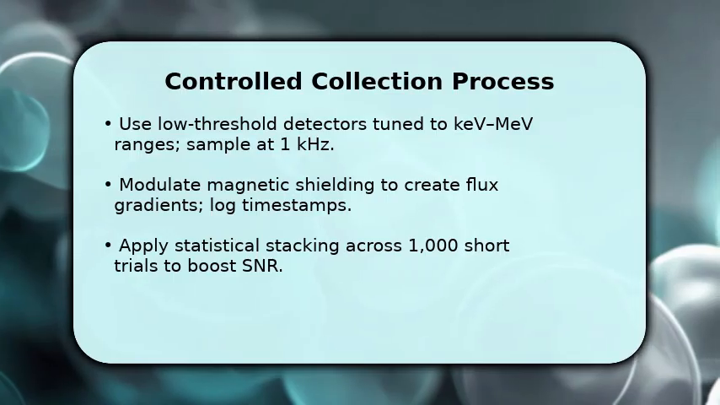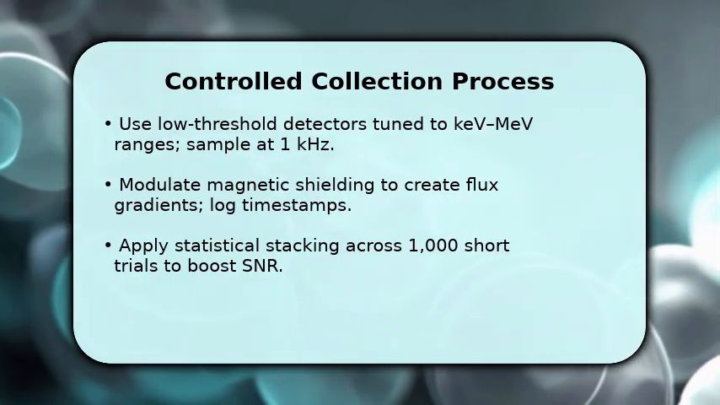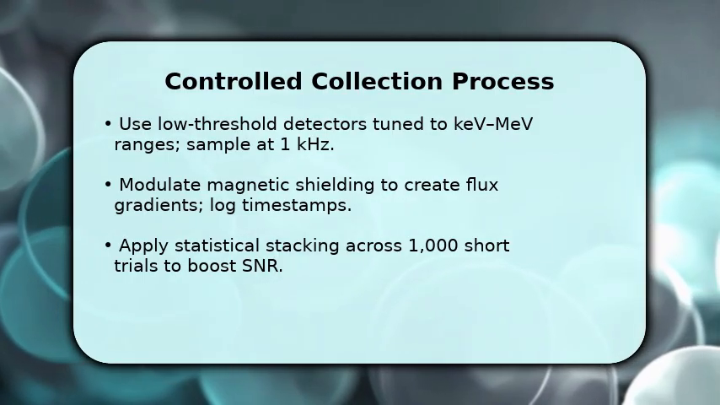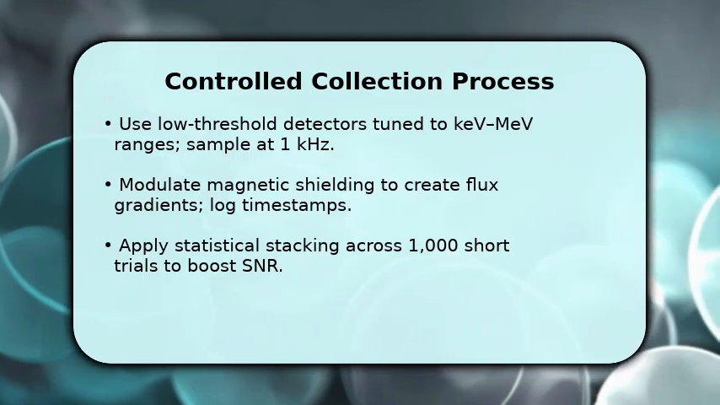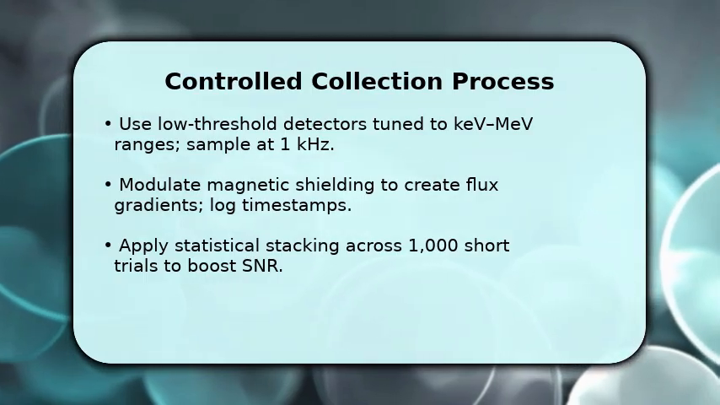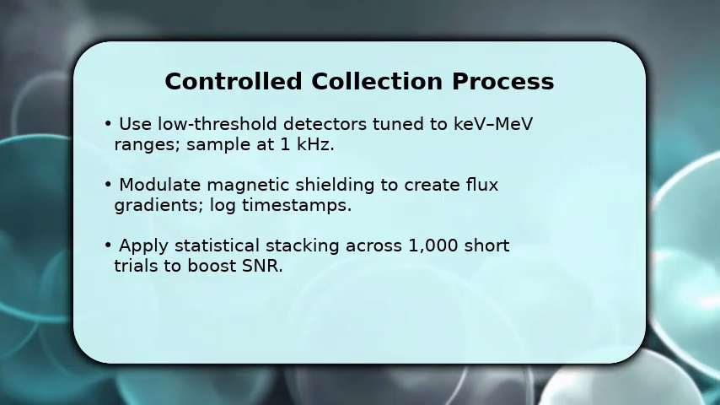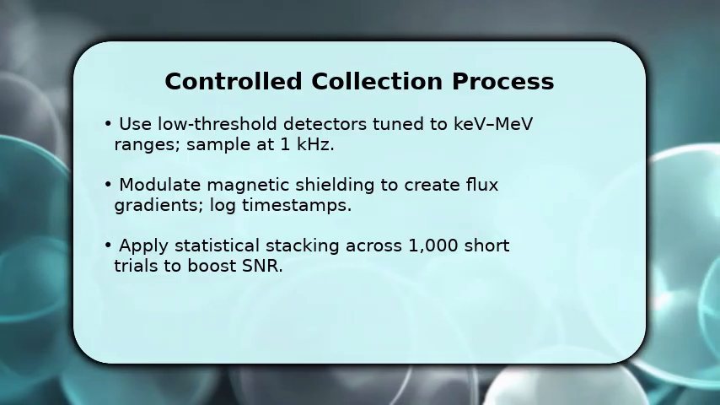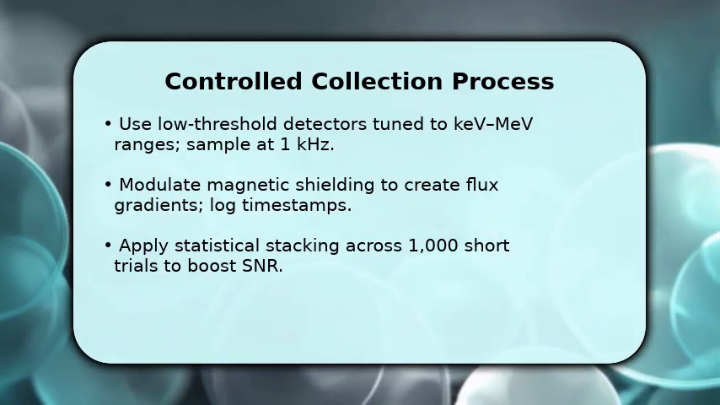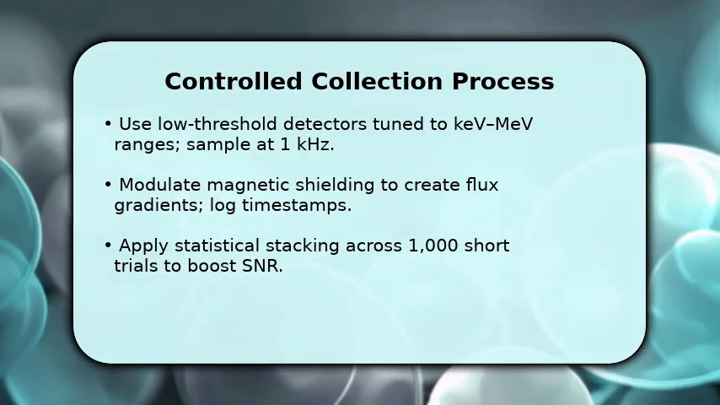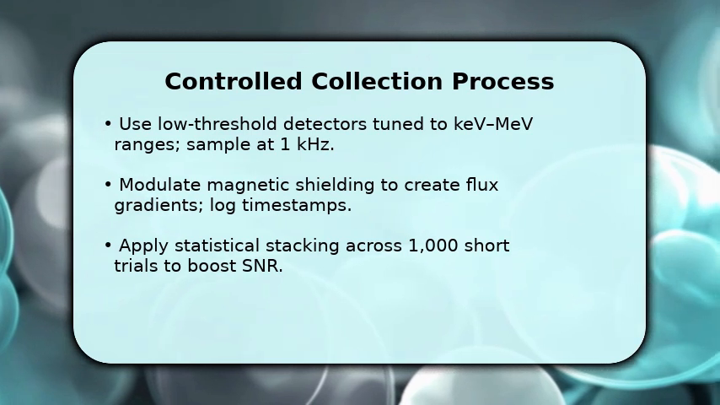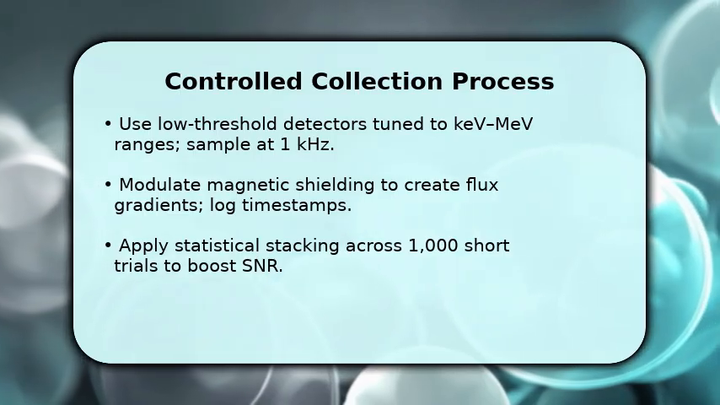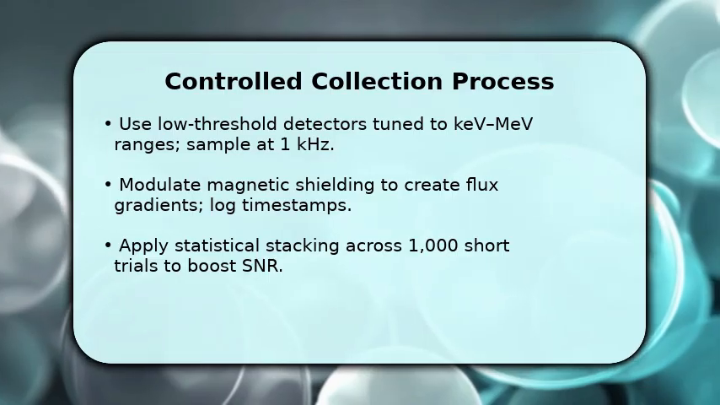Now you run the controlled collection sequence that extracts candidate events without unlocking sealed systems. You tune low-threshold detectors to key V-MeV sensitivity and sample at 1 kHz so transient interactions register. This increases capture probability for weak signals. Once done, introduce subtle magnetic shielding modulation to create predictable flux gradients that separate background from signal. Record exact timestamps. Then stack results across roughly 1,000 short trials to improve signal-to-noise ratio, which is why repetition matters